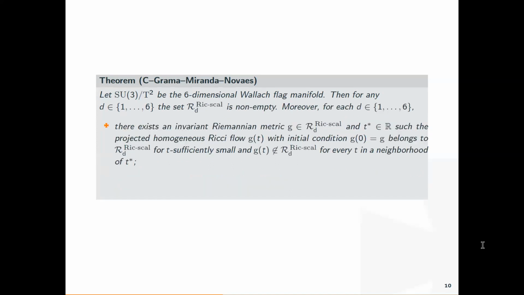And the analogous result about the intermediate curvature notions varying from Ricci to scalar curvature now. So we have the range from 1 to 6, meaning that we are considering either positive Ricci or everything varying to positive scalar curvature. We can show the same: that there exists an invariant Riemannian metric for each of these d, such that for a very short time, the metric maintains the property of having d positive curvature, but loses this property in finite time under the Ricci flow, either forward or backward.